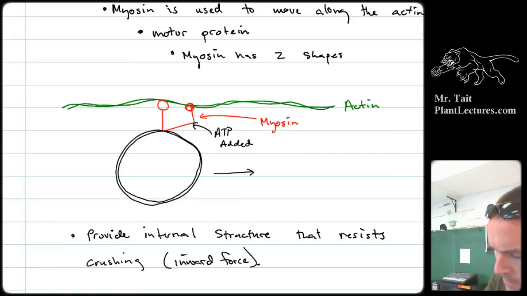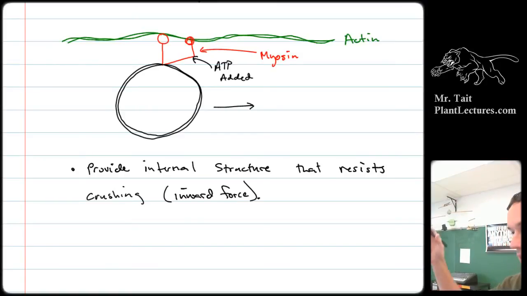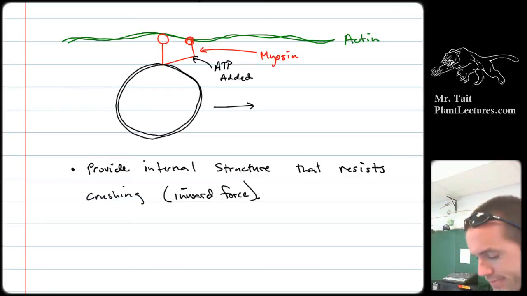Okay? Why would you have inward force? What's the main cause of inward force, do you think? Pressure. Yeah, the differences in pressure. So let's say you have a greater amount of solute on the inside versus the outside, that can cause inward force, or it could cause outward force. If there was more solute on the inside, then you'd have more water trying to go in, and that would push the cell outward. Okay,